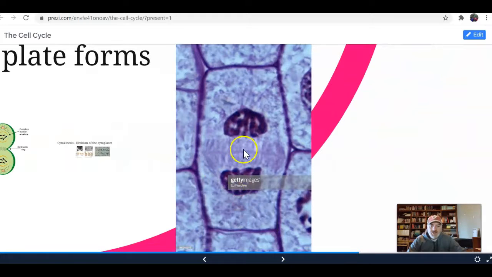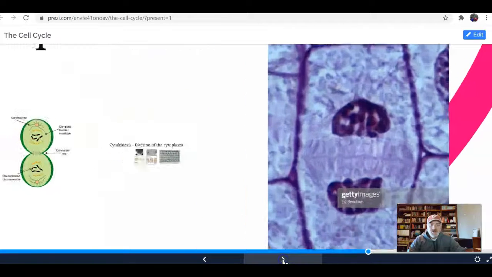So this is a plant cell under that. This is that cell plate. It's the precursor to your cell wall, and you'll start to see that. Notice how dark the nucleus is starting to get. That's because all those chromosomes are decondensing, and you're starting to get more of a circular shape to that nucleus. Key feature of